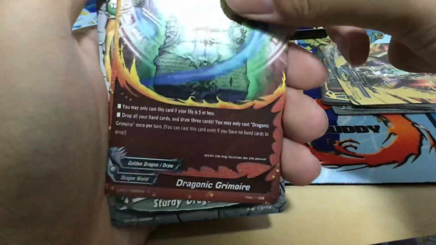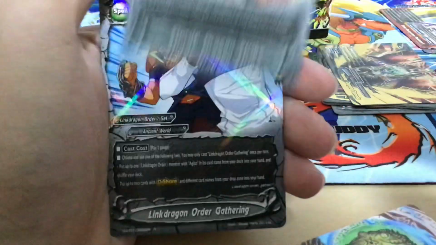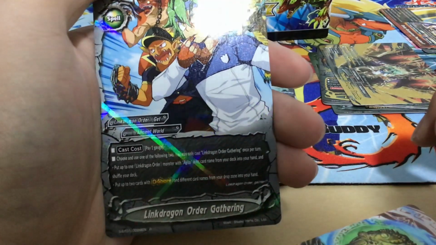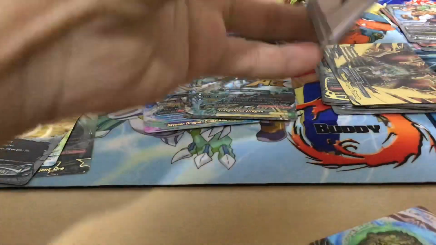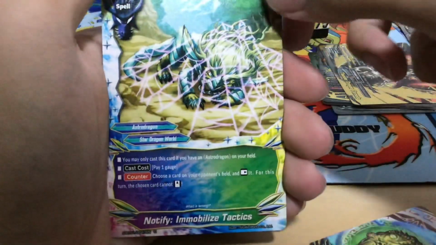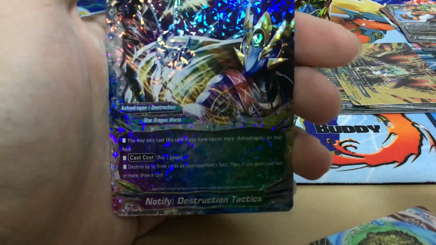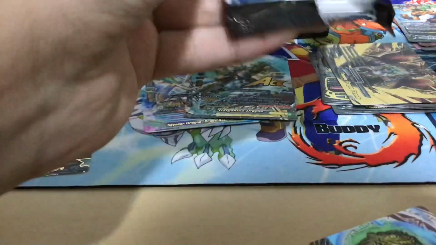Garbat, Dragonic Grimoire, reprint, Parallel Foil, Sturdy Dragon Strike, and Link Dragon Order Gathering. This is a searcher, or you can retrieve cards from your drop zone with this. This pack. Dragon Barrier also reprint. And Notify Destruction Tactics. Destroy up to 3 cards on your opponent's field. Then if you destroy 2 or more, draw a card. So far I've been pulling a lot of Star Dragon ones, which is not bad, but